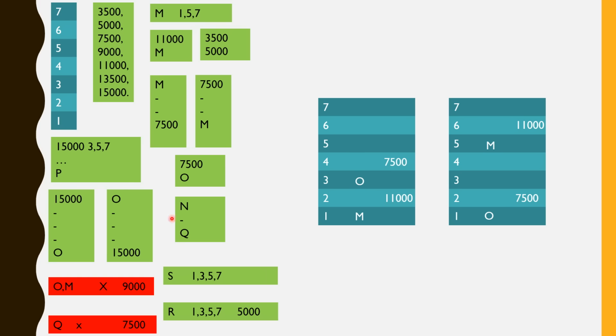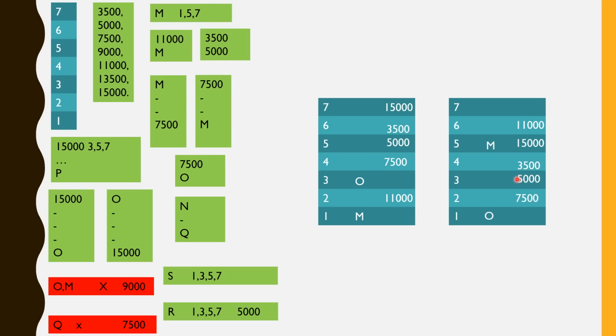Then we have got the position of O, so we can find the position of 15,000 using the concept O -- -- -- 15,000. So in figure 1, 15,000 will lie on floor number 7, and in figure 2, 15,000 will lie on floor number 5. The person with an income of 3,500 is just above the person with an income of 5,000. So in figure 1, only the 6th and 5th positions are left where 2 consecutive persons can fit. Similarly, in figure 2, only the 3rd and 4th positions are left.